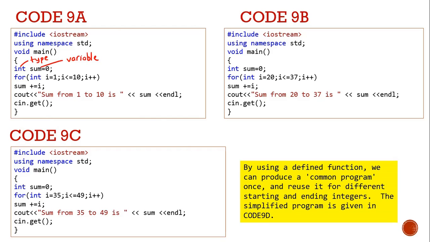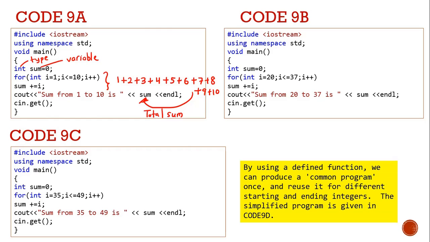So what this loop does is add 1 plus 2 plus 3 plus 4 plus 5 plus 6 plus 7 plus 8 plus 9 plus 10,